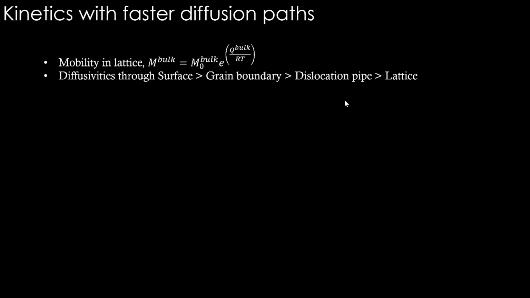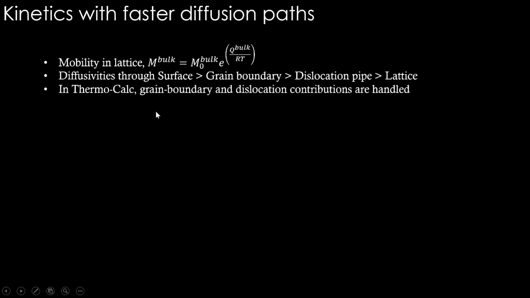But if you could recall, we also said that diffusion through surface, grain boundary and dislocation pipe are faster compared to the lattice diffusion. So this is the hierarchy. Surface diffusion is the fastest, grain boundary diffusion is slower than that, dislocation pipe diffusion is slower than that, then comes lattice diffusion, which is the slowest of all. So if the material goes to nano grains, these grain boundary contributions become significant, and if there are more dislocations, if dislocation density is high, then again there is more diffusion. So these things should be carefully treated. We cannot simply use the lattice diffusion mobility.